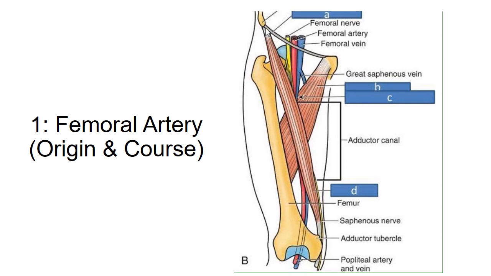What is the mid-inguinal point? This is the anterior superior iliac spine, and this is the pubic symphysis. The midpoint between these two structures is the mid-inguinal point. The femoral artery enters the thigh or femoral triangle at this point. This is the femoral triangle. After passing deep to the inguinal ligament, the femoral artery enters the femoral triangle. This part of the femoral artery is relatively superficial in position. That is why pulsations of the femoral artery can be felt at this site.